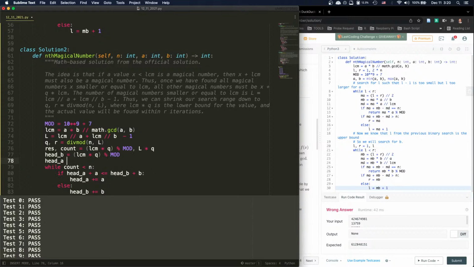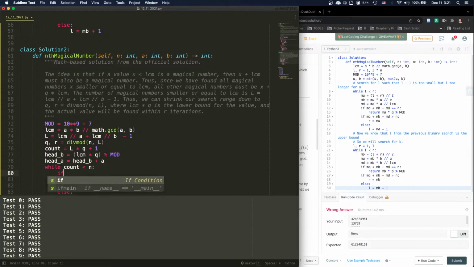Head A equals head B plus A. And this is the count, right? We'll do this, and we say count is actually this plus one because I already add one, right? And we say if head A is smaller or equal to head B,